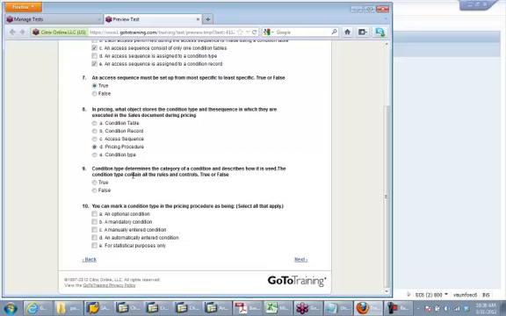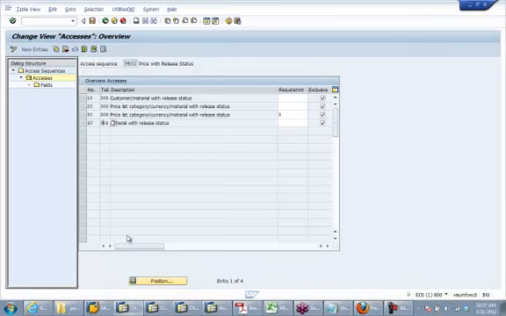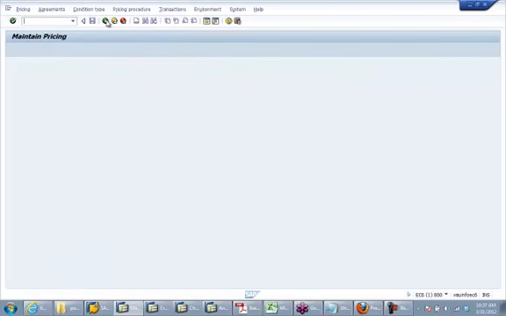Condition type determines the category of a condition and describes how it is used. The condition type contains all the rules and controls. Yeah, that is true. So the reason why I actually added that question is a condition type in a pricing